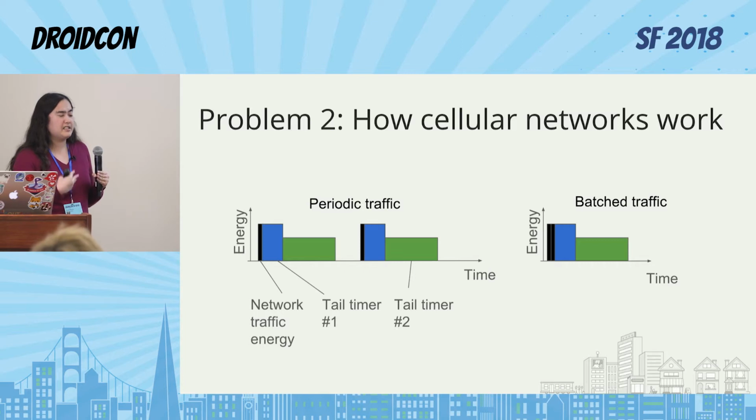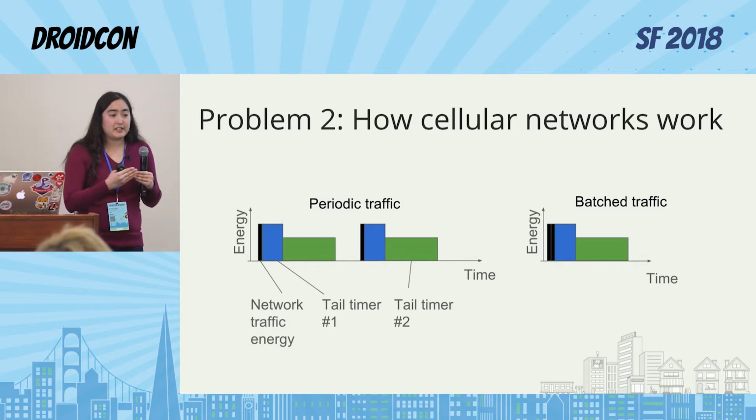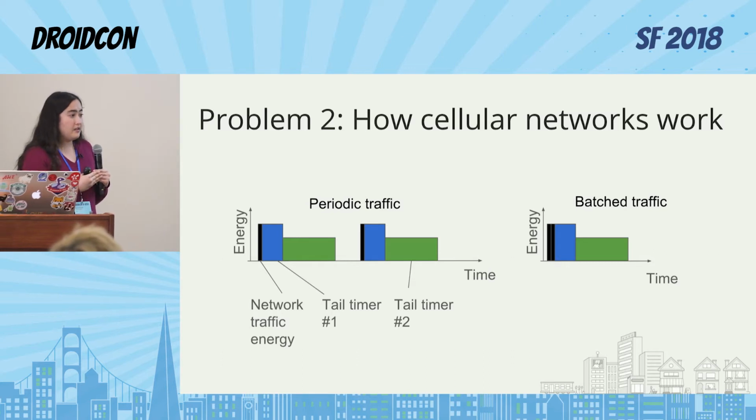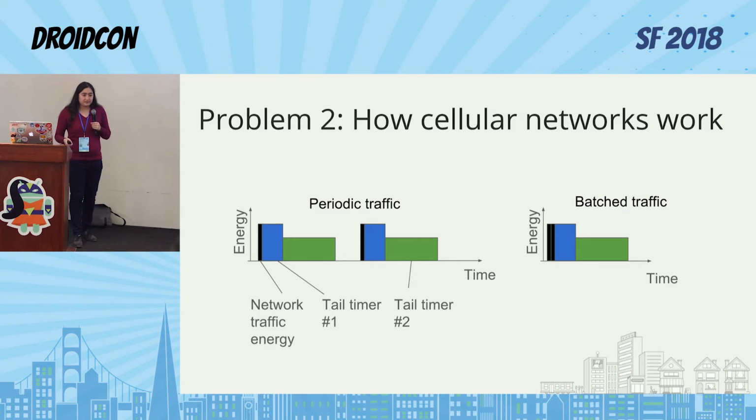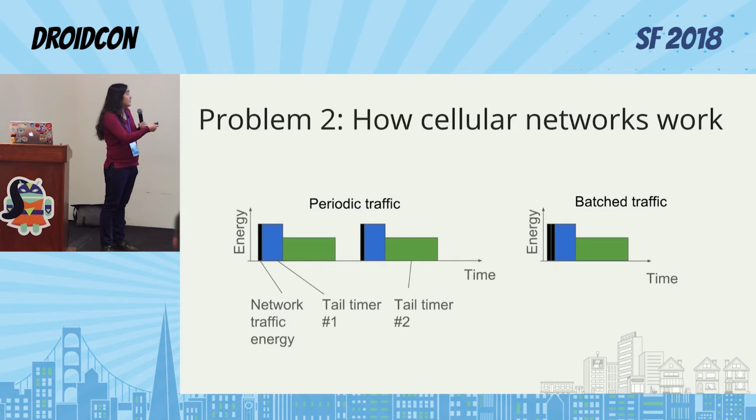But that comes at the cost of some network overhead. So this is great for most use cases of the cellular network. The one time that this is a problem is when you are sending logs about things. Because if you send a small log every 10 minutes, you're waking up the radio a lot to send a very small amount of data. And you can see here, in this very approximate model, if you send the logs 10 minutes apart, it consumes way more energy than if you send them back to back.